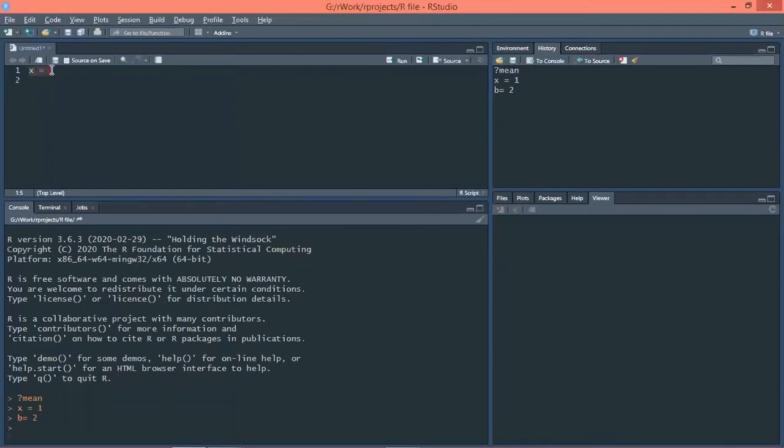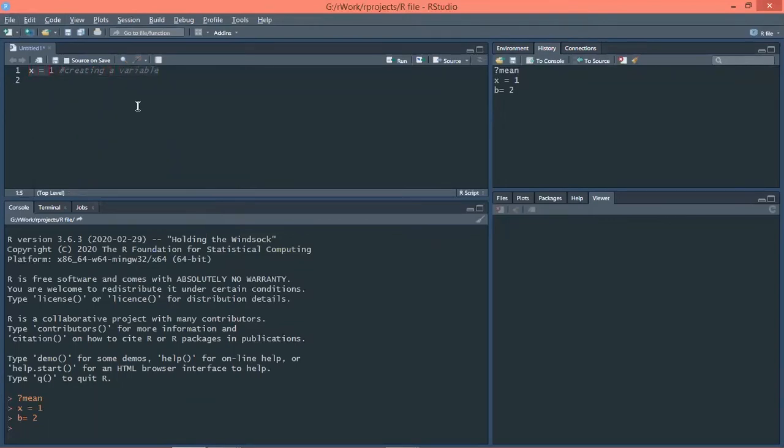Suppose you do not want to run this code, you have an error, or it is telling you about that line. To comment it, you just put a hash sign before it and you can write about it, like creating a variable. So it will not run this part.